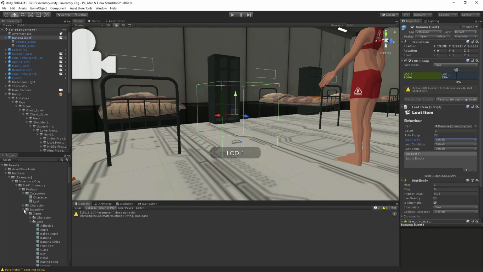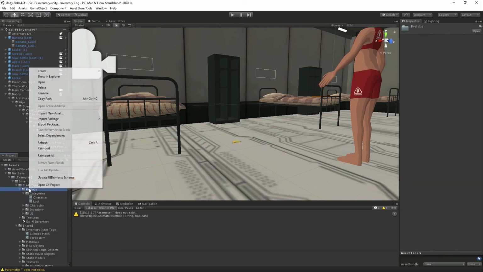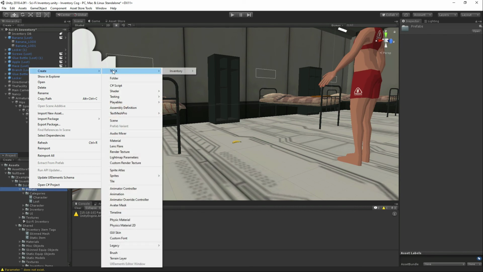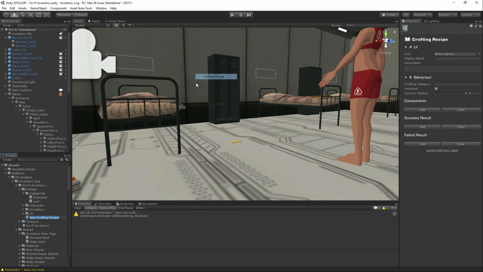Next, we're going to have a quick look at crafting recipe. So again, right-click, create, inventory, crafting recipe. And this is how we make new items by combining items in the system. As always, we've got the UI section giving us an icon, display name, and description. We've also got the ability to define a crafting category. This can be used for filtering again in the